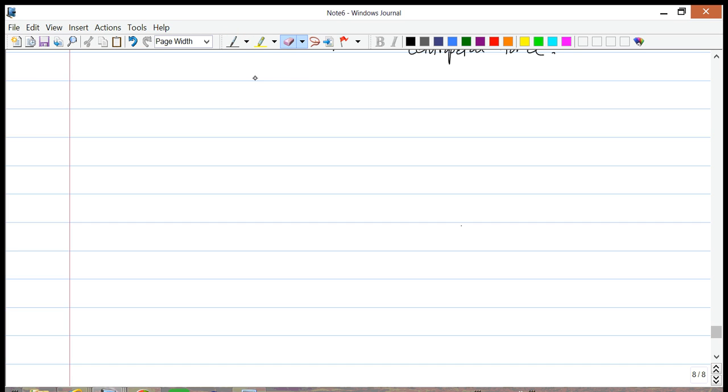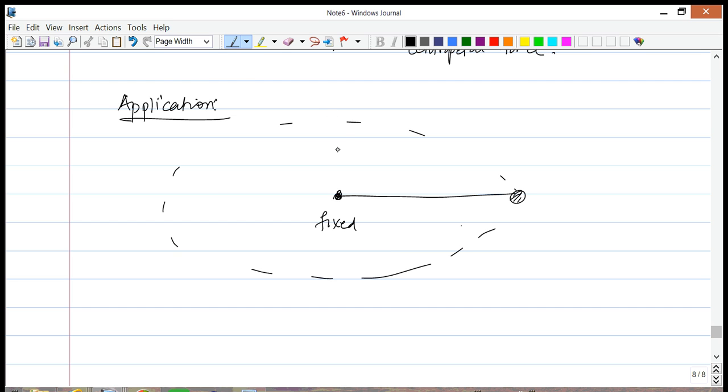This is going to be the problem of a mass attached to a string. So let's say we have a string that is fixed at a point. We attach a string, we have a mass, and let us say that this mass goes around in a horizontal circle. It could be lying on a table or something, but it's moving in a horizontal circle. That's the most important thing. Let us say that the length of the string is L, and this mass is moving in the counterclockwise sense with some speed v.